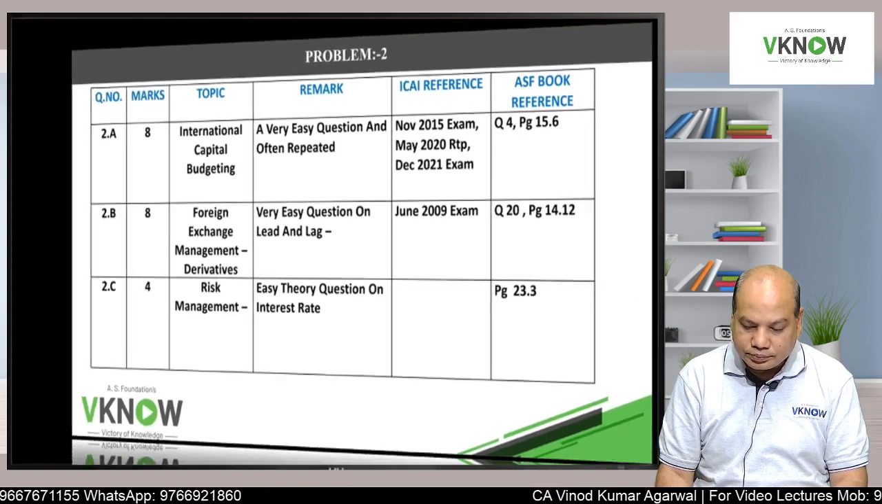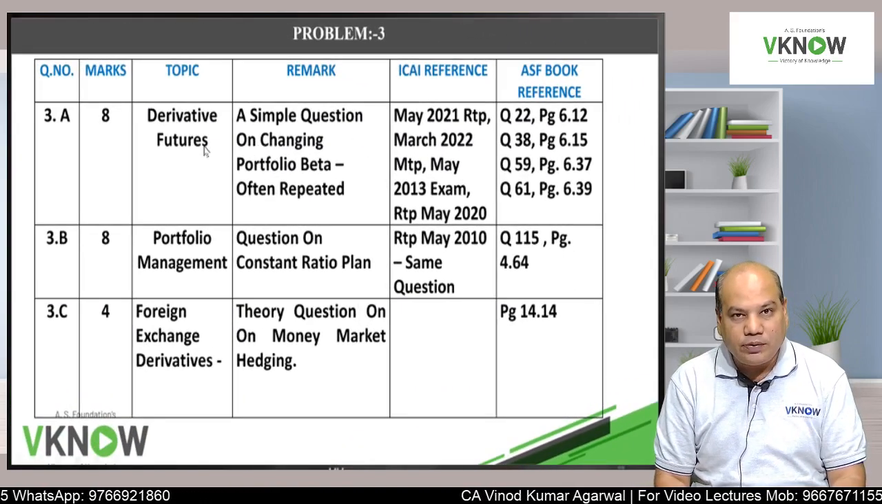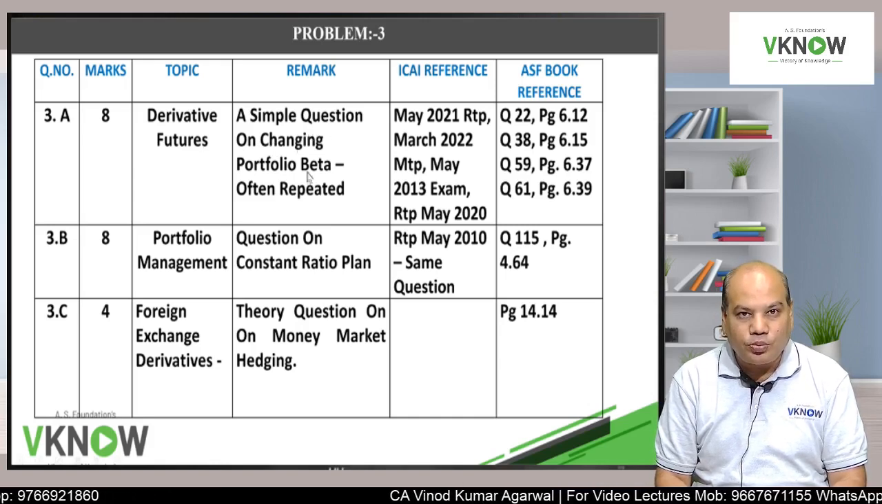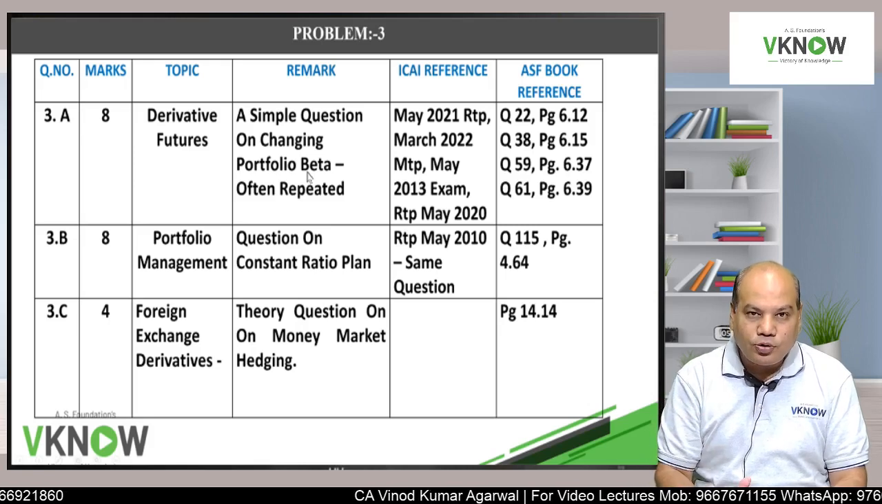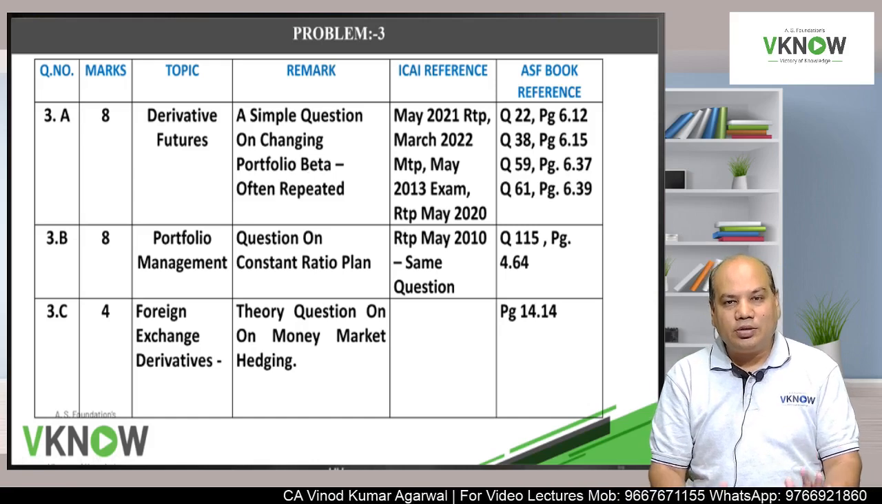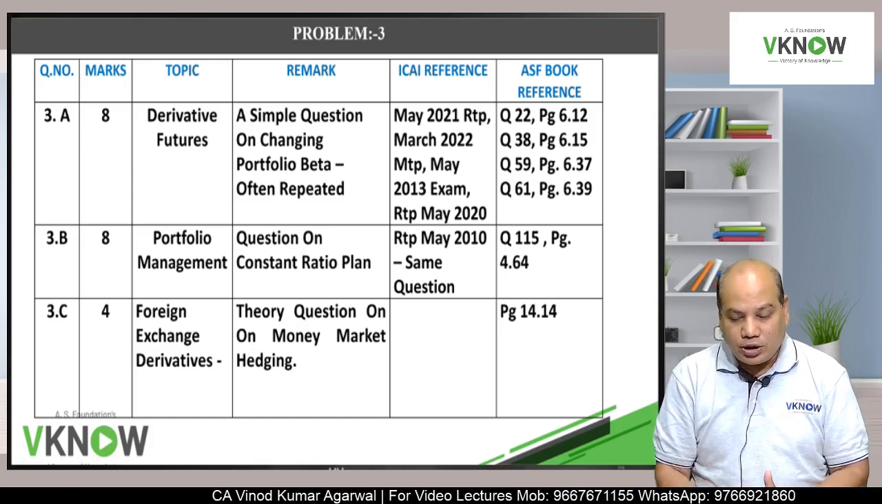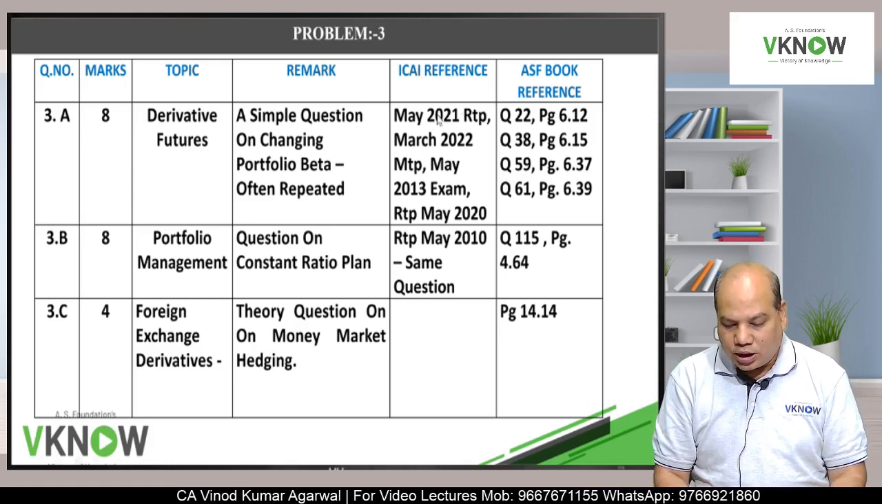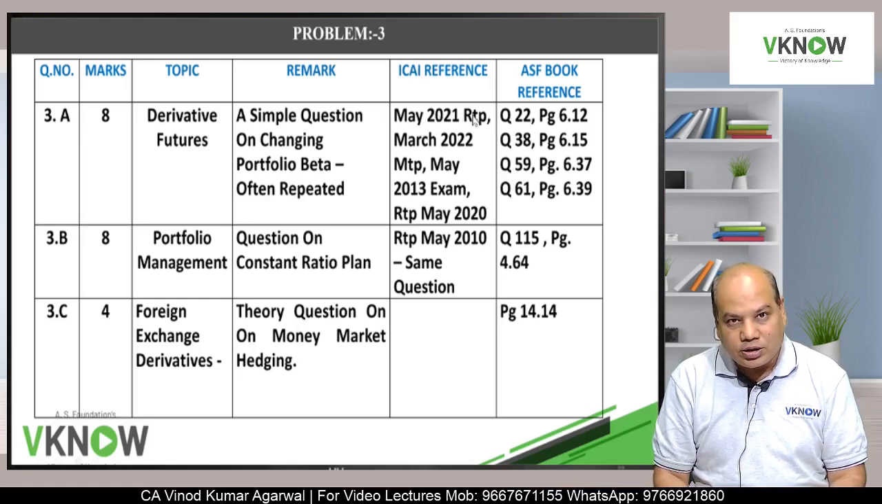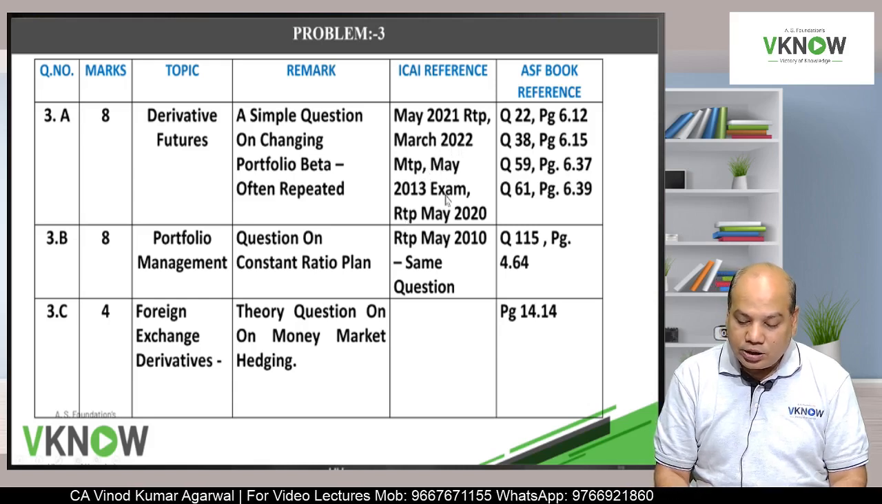Question number 2C, theory question on interest rate risk management. Easily you can solve. Question number 3, the first question was on derivatives where you will be required to calculate portfolio beta, reduce the portfolio beta, increase the portfolio beta using risk-free return and index futures. Very often repeated question in the exam. If you look at the institute RTP, May 21 RTP had a similar question, March 22 MTP, May 13 exam had a similar question,